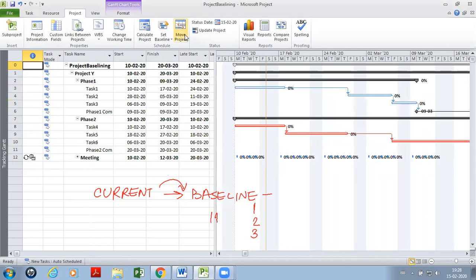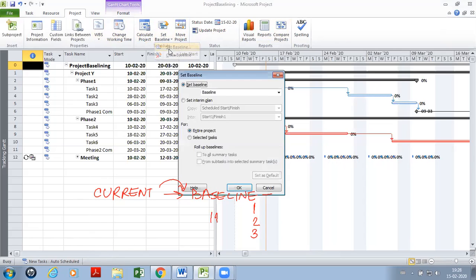Now I'm going back to baselining. It is the project tab, command set baseline. And I say set baseline, not baseline 1 to 10, but just the unnumbered baseline, entire project. And I say okay.